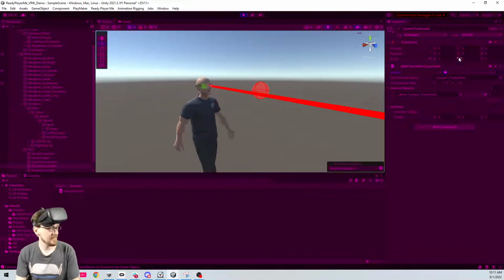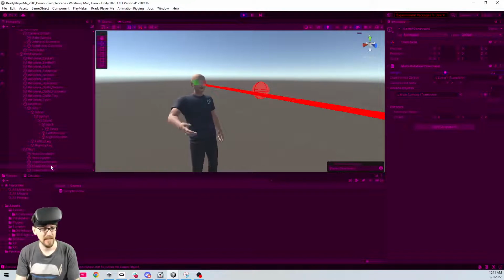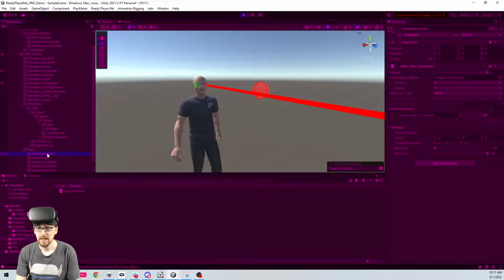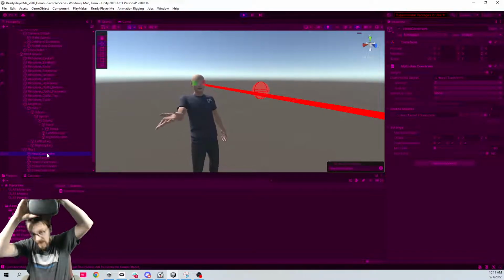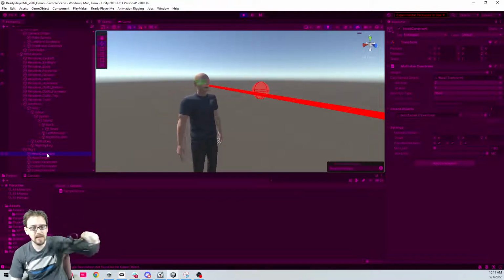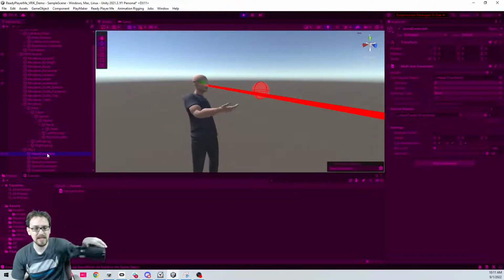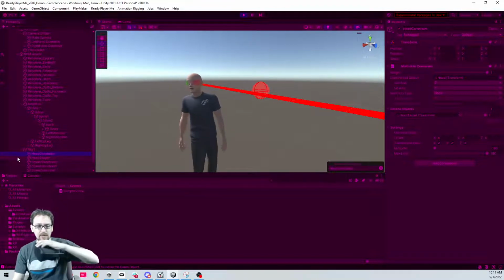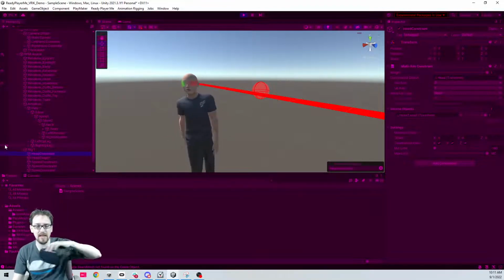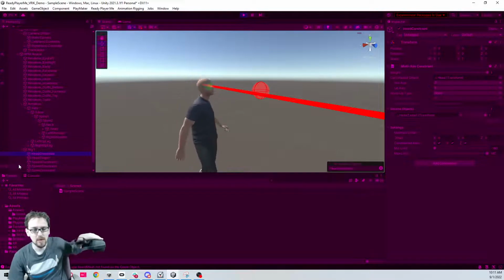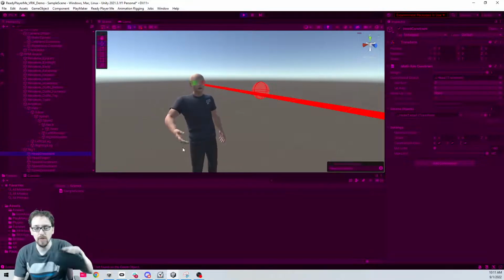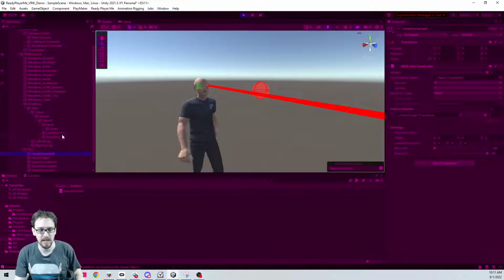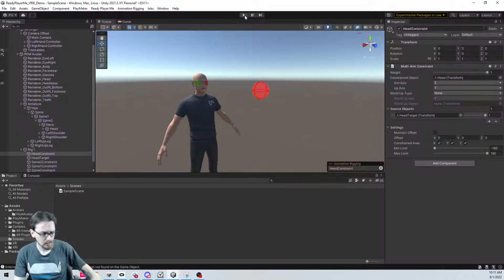So now you can see head should be turning a lot more. There we go. Just because I'm not turning. You can see that's a lot more natural turning. My head is still turning pretty well, and then my spine is just kind of rotating my shoulders and body just a little bit by adjusting the weight of those rotation constraints.